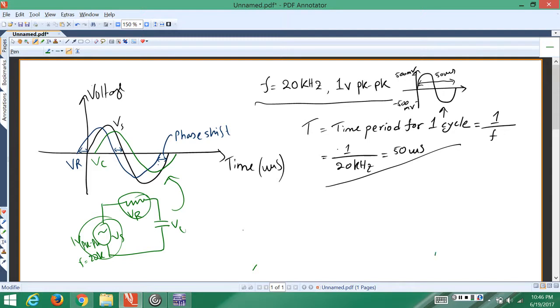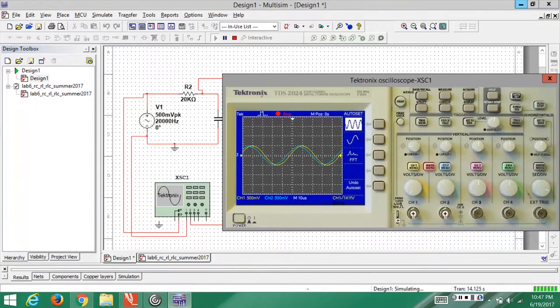So we know from this graph over here that if, let's say, this is VR, for VR to complete one whole cycle, it should take 50 microseconds. And let's check if our oscilloscope also says that it takes 50 microseconds. And how do I measure that? So choose any of the waveforms, whichever is convenient. Let's say I want to go for the yellow one, the channel 1 one, and I want to see if one cycle of that